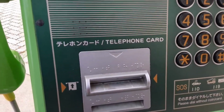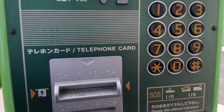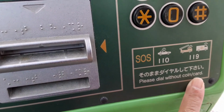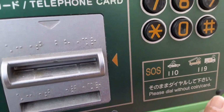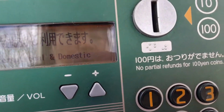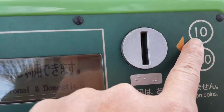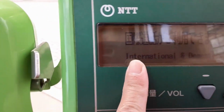The move to reduce the number of public payphones has been met with some criticism from people who still rely on them, such as elderly residents and those who live in rural areas with poor mobile coverage. However, the government has argued that the cost of maintaining and repairing the remaining public payphones is becoming increasingly unsustainable,